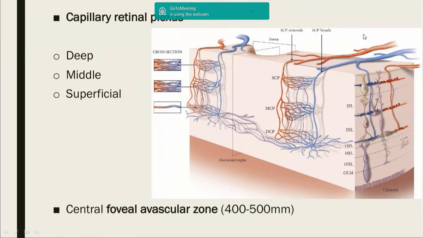Also, what we need to remember is once the central retinal artery has given its branches, there are 10 layers of the retina, and multiple capillary plexuses are present at various levels of the retinal layers. There is superficial, middle and deep capillary plexus, and below that there is choroidal circulation. So what you need to get oriented to is that the inner retinal layers are supplied by the central retinal artery branches and the outer retinal layers are supplied by the choroidal arteries or the choroidal circulation. And the fovea is an avascular zone, like you can see in this picture clearly. So maintenance of the foveal contour and foveal anatomy is very important for a person's vision.